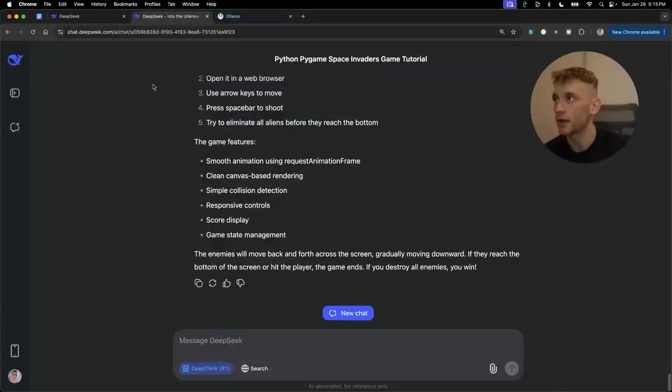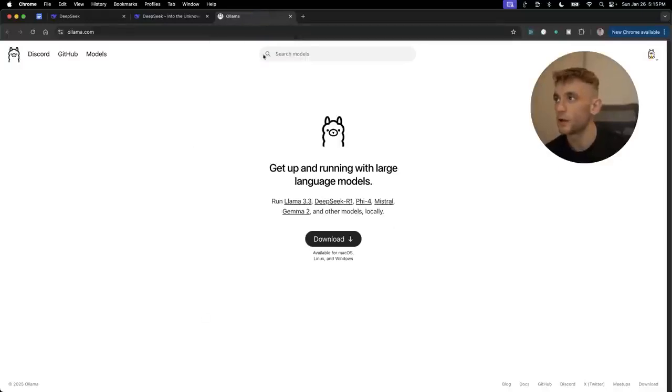Now, another way to build anything you want directly with DeepSeek R1, you can actually download it from Ollama and then run it locally on your laptop, right? So you can have the AI running locally on your laptop. You don't need to use the web, and obviously any sort of projects you create are stored offline. So if you want to do that, all you do is you go to ollama.com, download this, it's completely free,